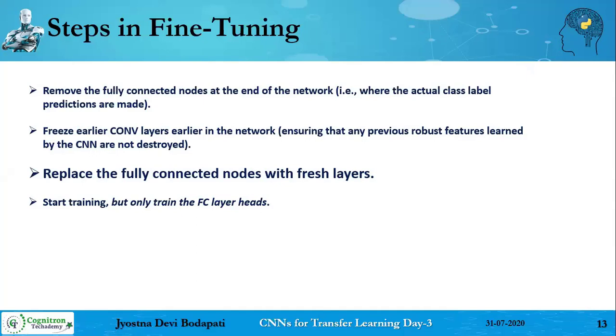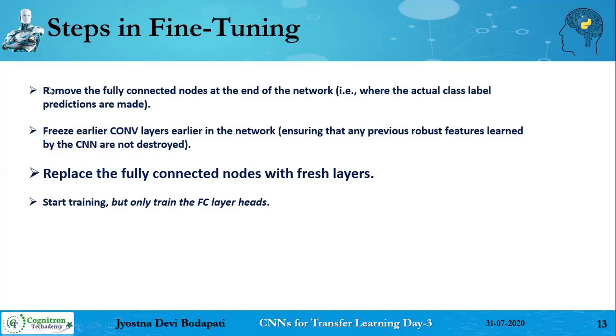If you take the original VGG16, it will work only for object categorization, that too of the 1000 classes. But I don't want that. In my class, whatever we saw yesterday, there's a plant leaf disease prediction. In that case, I have only 2 classes. So there is no point in having 1000 different classes, right? That is why I had to fine tune the VGG16 model according to my dataset. So how do I do that?